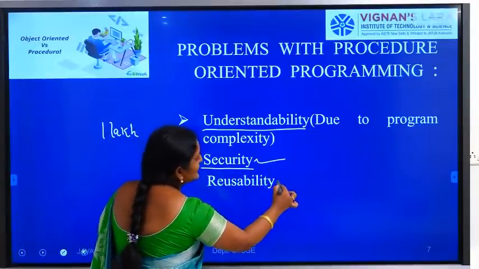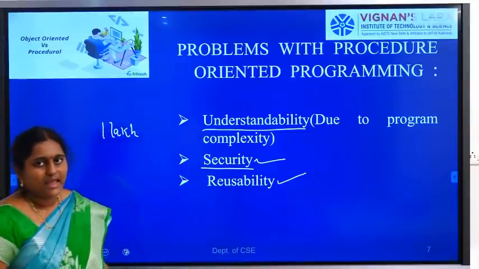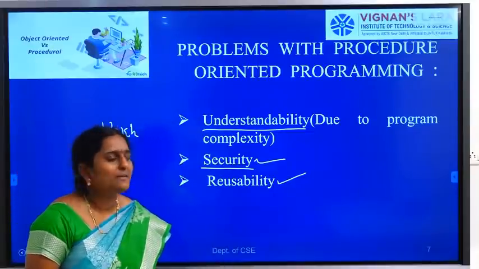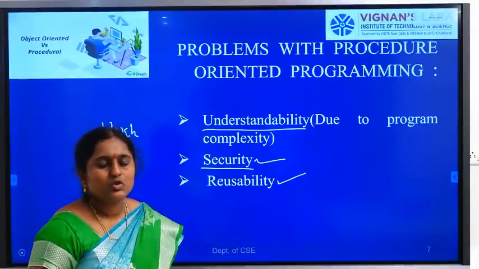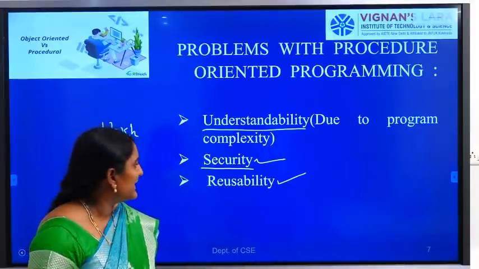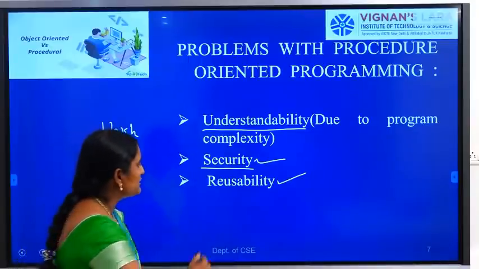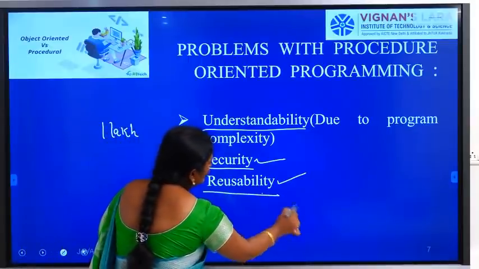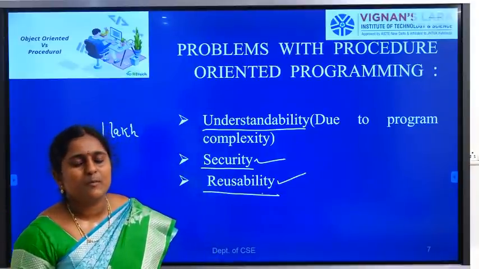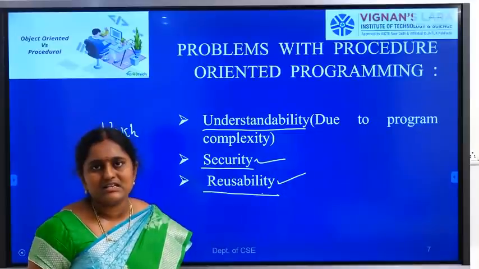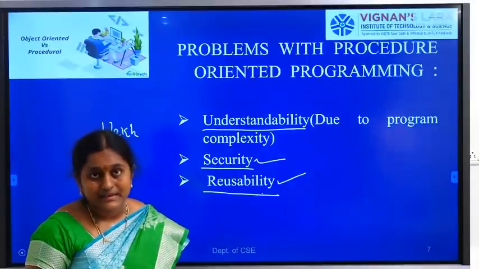So next thing is reusability. Procedure oriented programming language does not support the concept called inheritance. Through the inheritance concept, we can reduce the source code. For example, I am developing two applications, a mobile hospital application or a banking application.